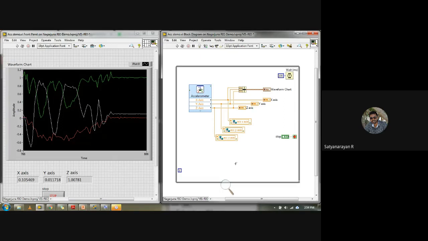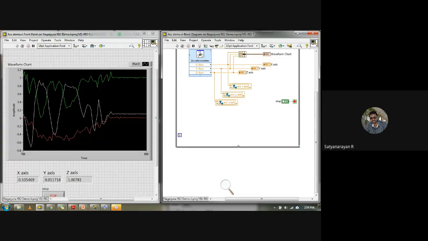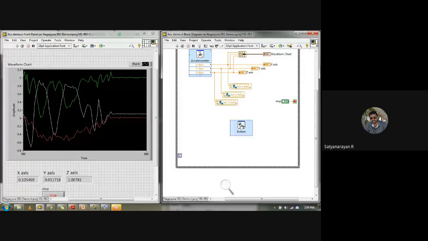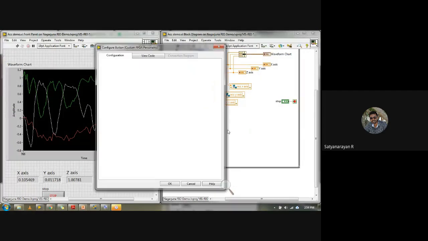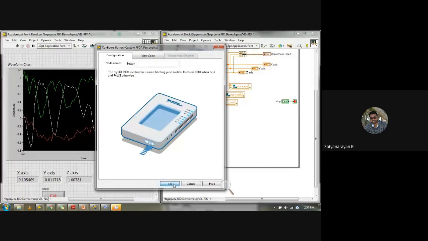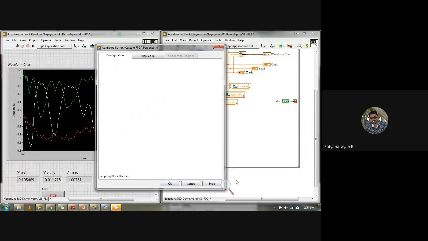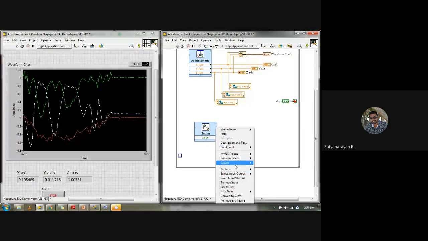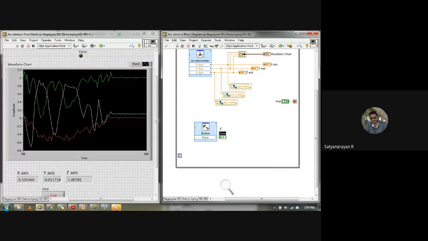For that, I'll access one more thing, the button. I'll access the button and LED, so we'll dump two parallel things at a time. The button value, I'll create an indicator.